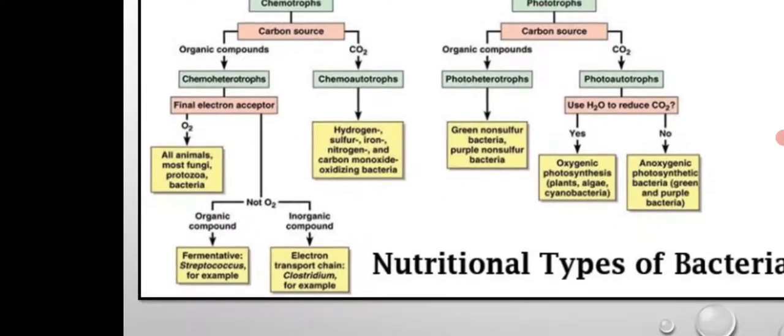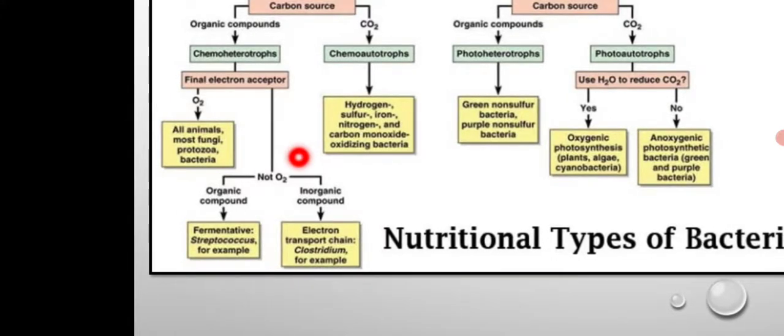And in some cases, the final electron acceptor is not oxygen. It may be hydrogen, it may be sulfur, it may be hydrogen sulfide, but it is not oxygen. So the examples of such bacteria include fermentative streptococcus, and inorganic compound, it includes electron transport chain. Example is clostridium. Okay, so that is the